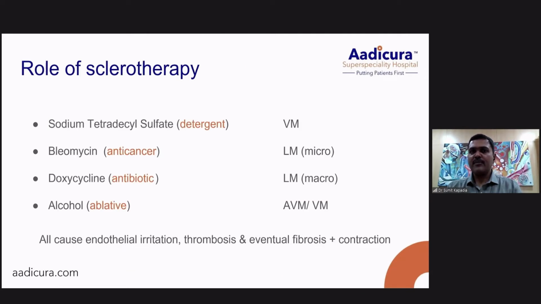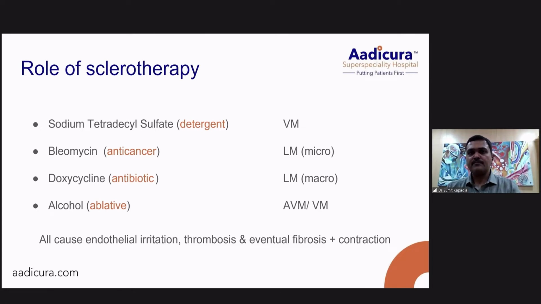The role of sclerotherapy: there are multiple sclerosants available, and these are four of the common ones. STS, which is detergent based, is used mainly for venous malformations. Bleomycin and doxycycline are occasionally used for lymphatic malformation, and alcohol, for its ablative property, is very useful for AV malformations as well as for large venous malformations. All of these work in a similar way by causing irritation of the endothelium, leading to thrombosis and eventual fibrosis